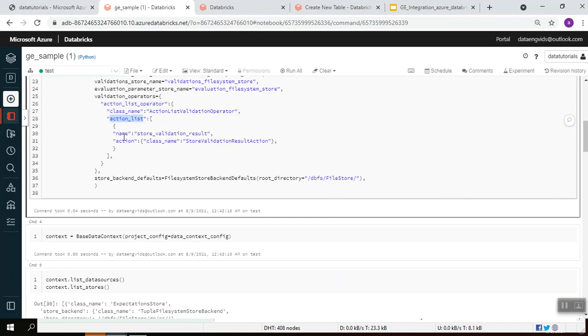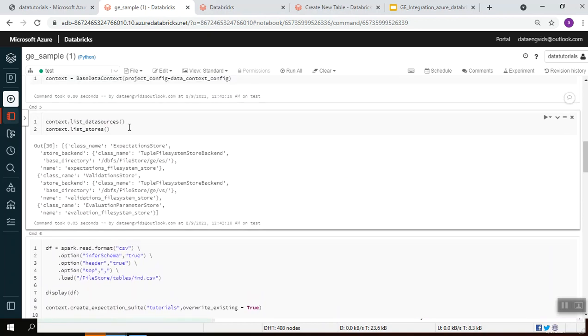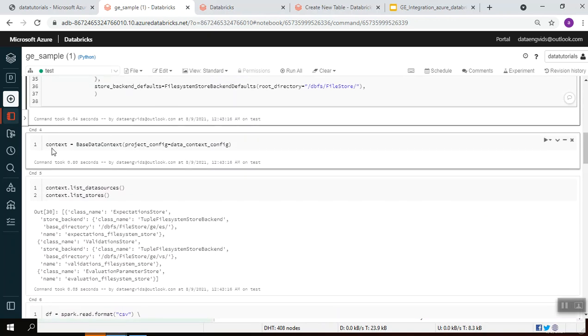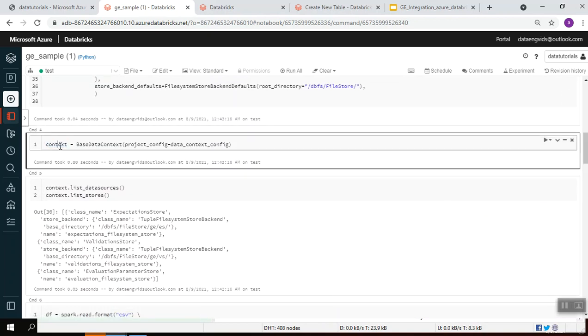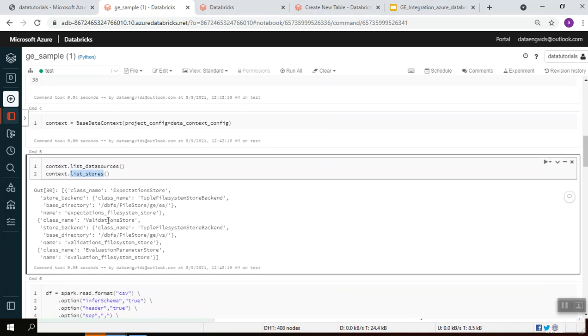You can build your docs, or you can trigger a notification in Slack. These kinds of actions can be triggered using the validation operators. Once the context has been created, you can check whether it has been configured properly. You can list down the data sources as well as the stores you have configured.